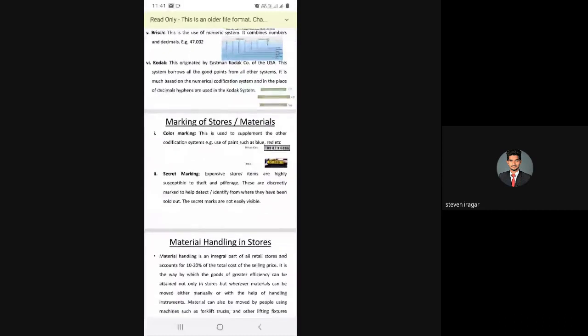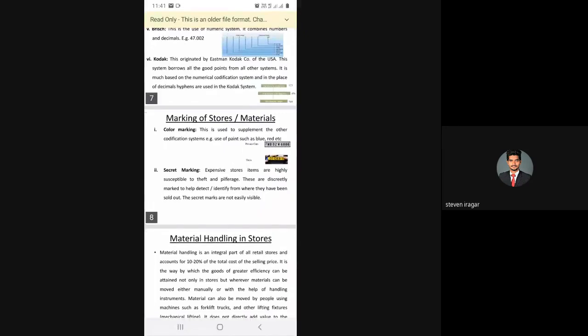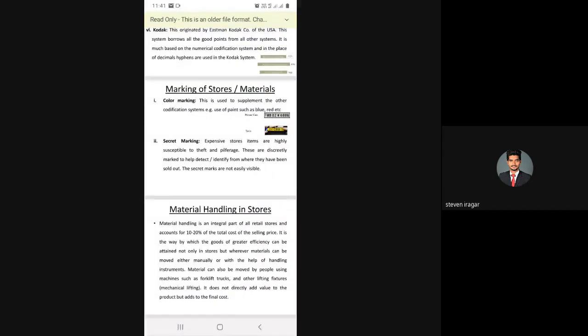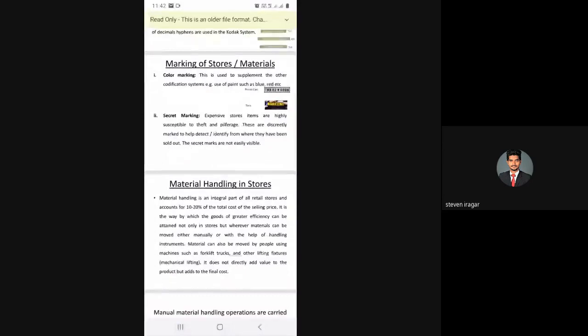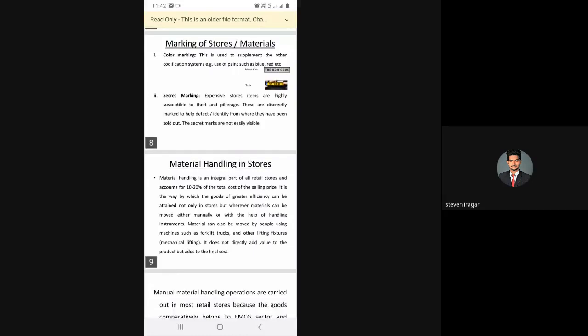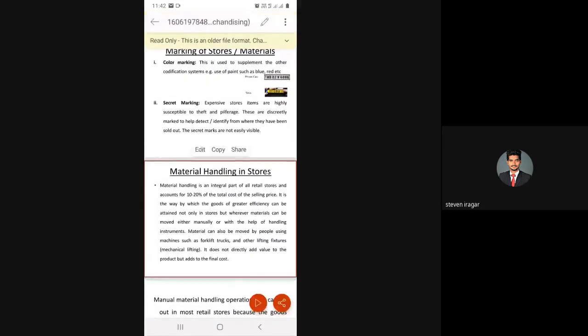And to mark stores or materials, we can even use colors, and some secret marking, which only the retailer and the executives related to maintenance of that inventory will know, just to reduce the theft which can happen. So now we have to continue with